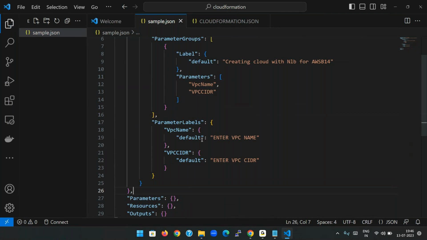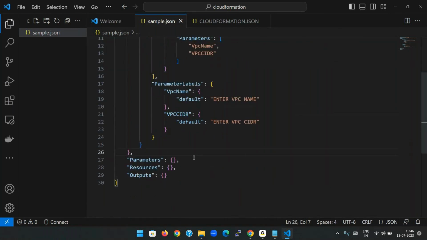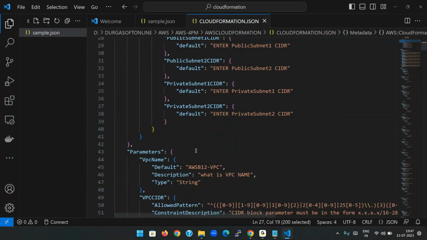So if you can see what we have given: parameter groups, label, parameters, and the parameter labels. Now we are going to configure the parameters. If you go down, what is the parameter? VPC name. So I want to configure the VPC name. So if you go down here,